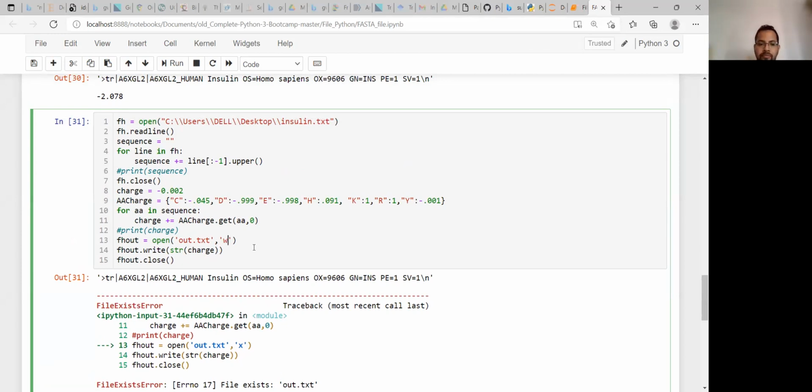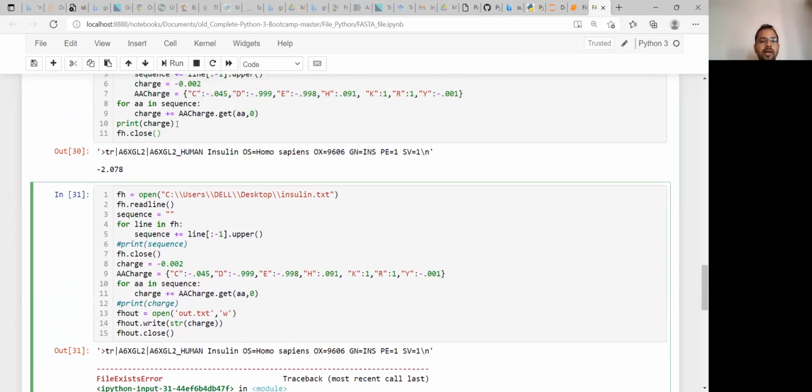Otherwise, you can use append mode. Now out.txt comma W, then you are writing this. Earlier you printed this using the print command, now you are writing this using the write command. So where will it write? It will write on the text file out.txt, using this file handler fh.out. So using this file handler, you are writing on that file.